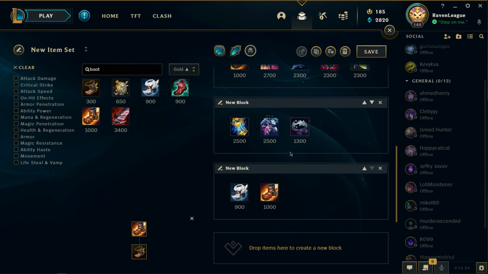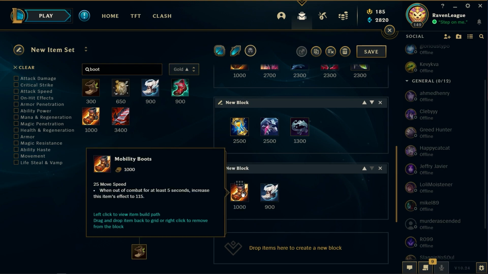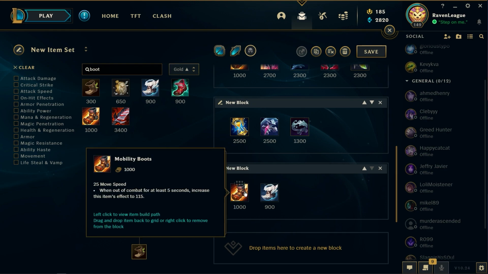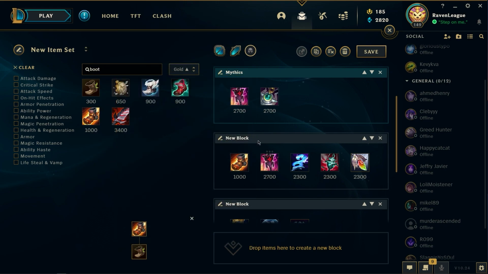In terms of what you'll build on Ivern, build order wise, you always go your boots first. I generally would recommend boots of mobility. Boots of swiftness are more fun in my opinion because you just have constant speed, but boots of mobility are like the better choice. So your build order for him will generally be your boots, whichever you choose, your mythic, and